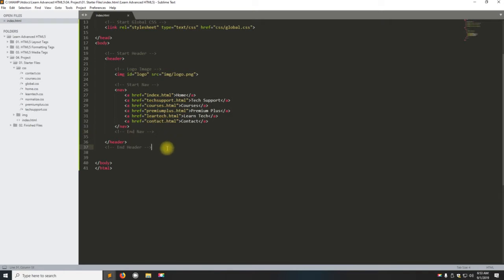Next, what we're going to do is we're going to add the image section or the slideshow section. So we're going to do start image section. Okay, and then we're going to add a section with an ID of slideshow. Then close that out, return a couple times, tab in on line 42, and then we're going to do section